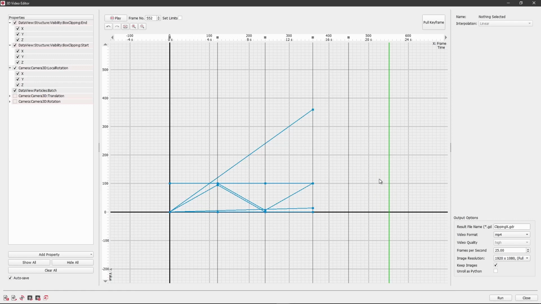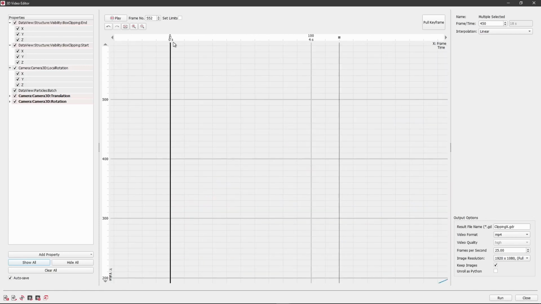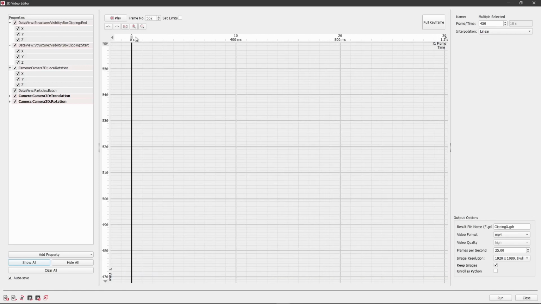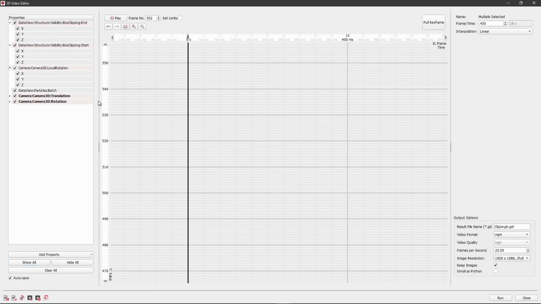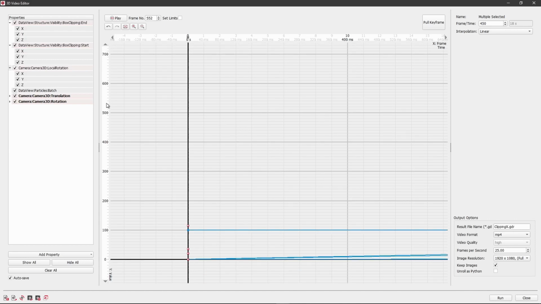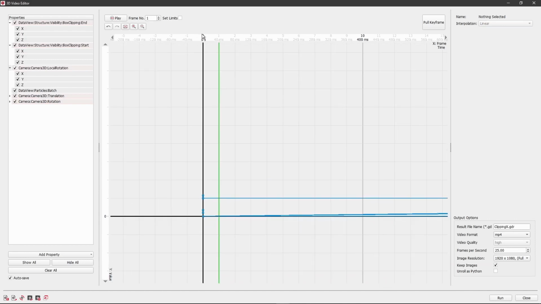We make the parameters translation and rotation visible again and move the keyframe on which the remaining control points are located to frame 0. We zoom in a little bit to make sure that we have hit frame 0 and readjust if necessary. When we are ready, we can now move the keyframe 0 to the side again as a control and see that both keyframes have been merged.